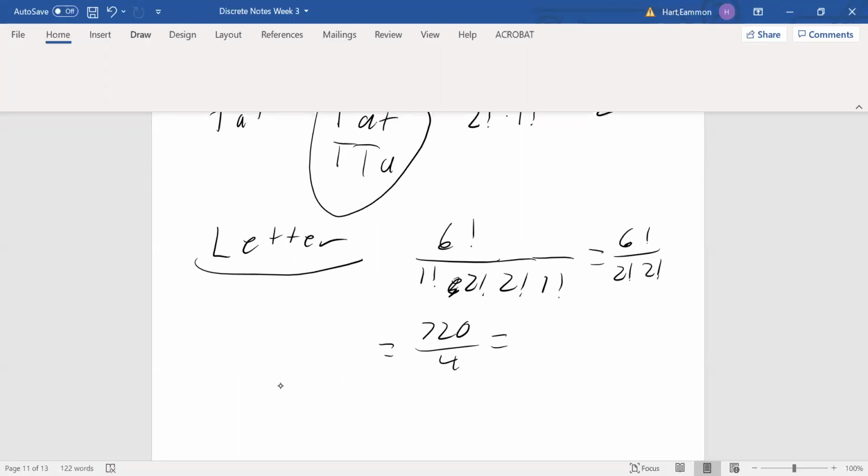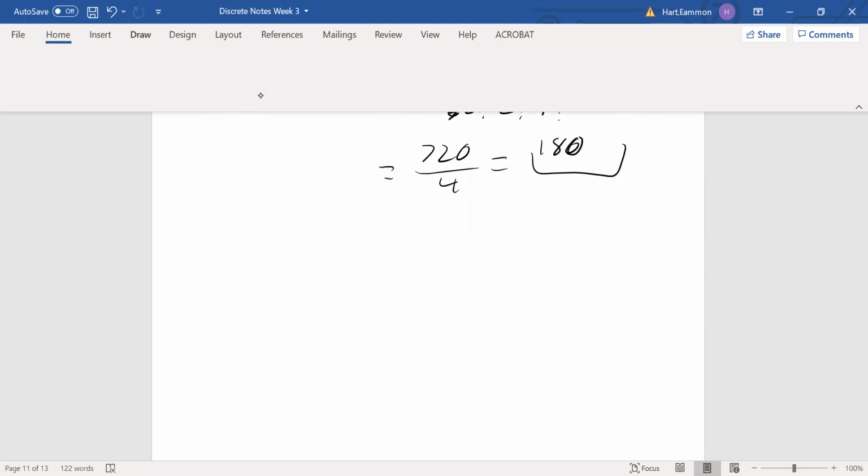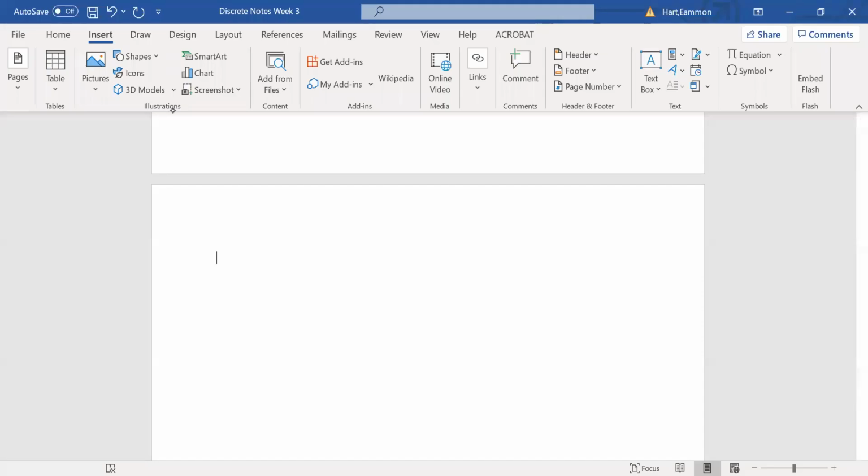So 720 is 3 times 24, that's 180. We should have 180 ways to rearrange this. So like I said, that would take a while to write everything out. But we've got this nice little formula to tell us how many different ways there are to do it. Okay, so now the last related question that we're going to ask is, if I have